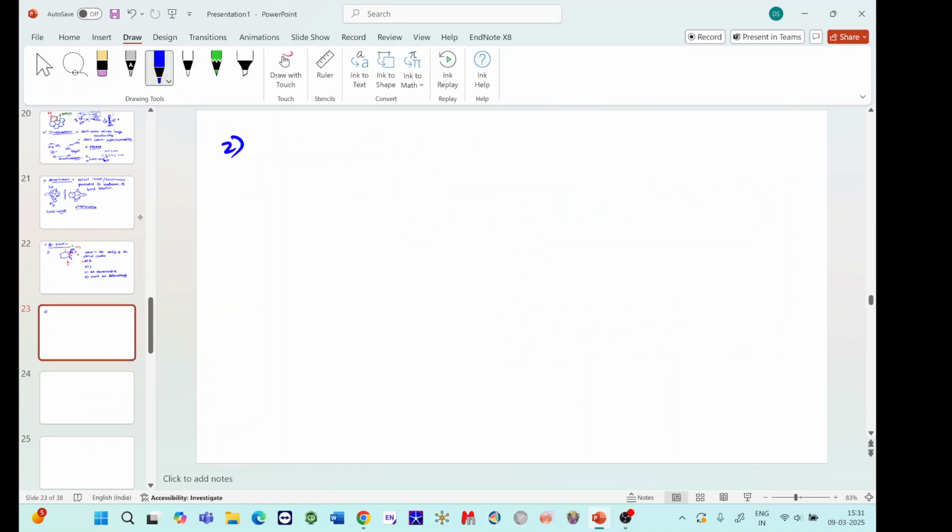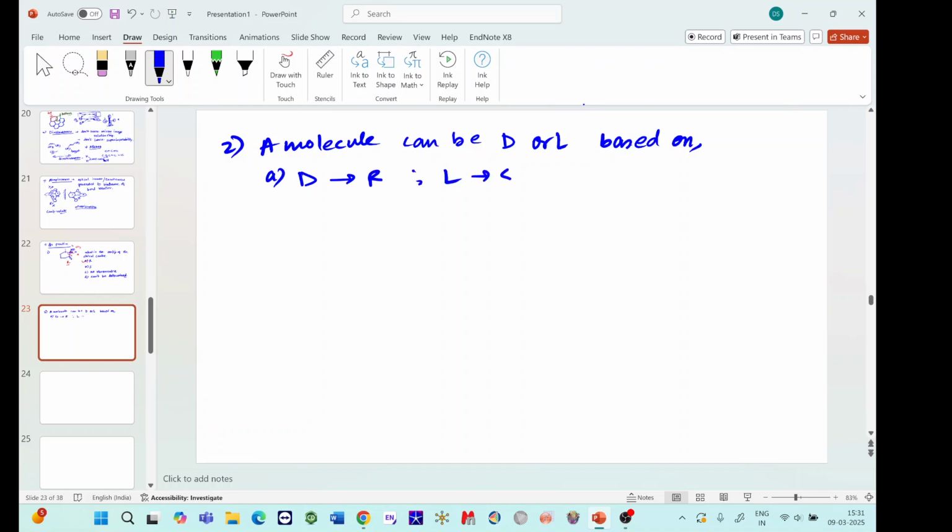Okay. Now the second question is that a molecule can be D or L based on, there are four options. So D should be related to R, L should be related to S; D should be related to S, L should be related to R;